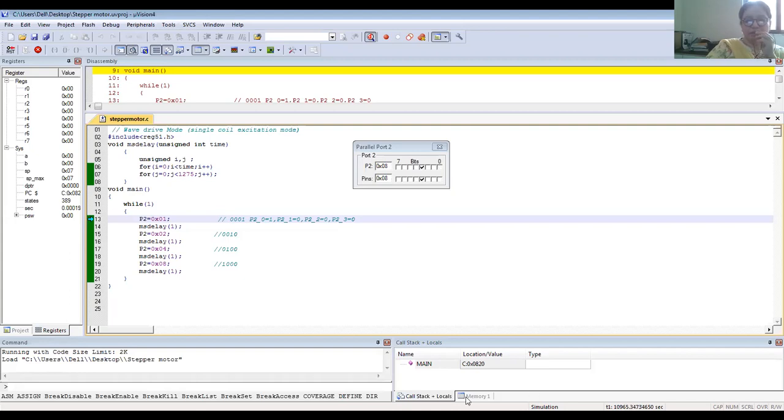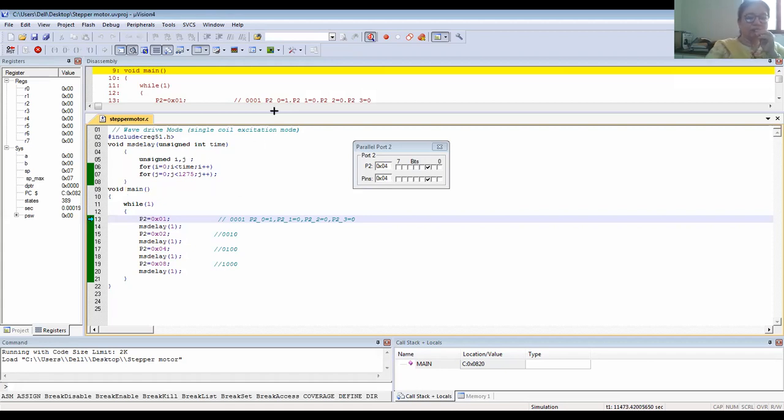So this program is well implemented using the Keil software here. As you can see, I have already written a code and the code is run for the single step method. The program is written in the C language and consists of two modules. In one module, or one procedure, we are defining the unsigned integers i and j. These act as counters, because between every two positions of the rotor we need to add a delay. So this part of the program is nothing but the delay addition for the rotor between the two positions.